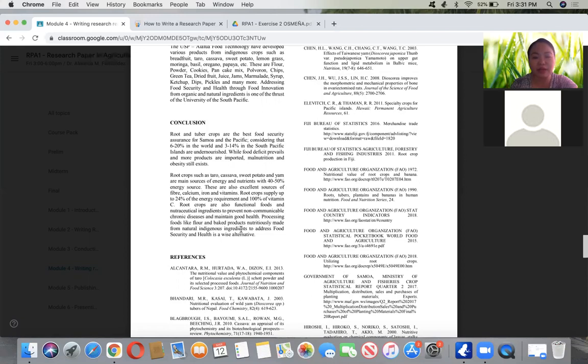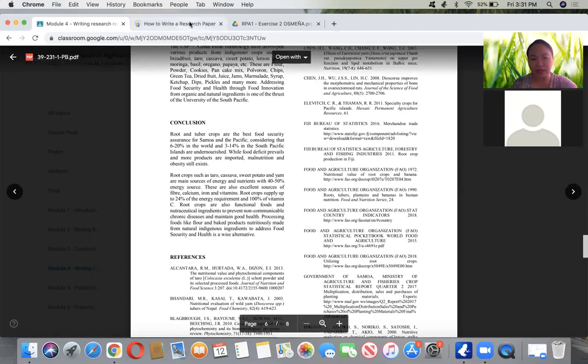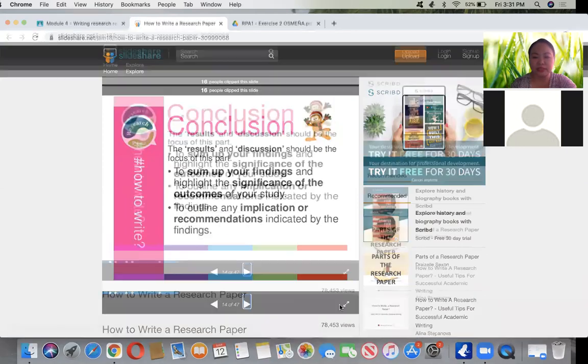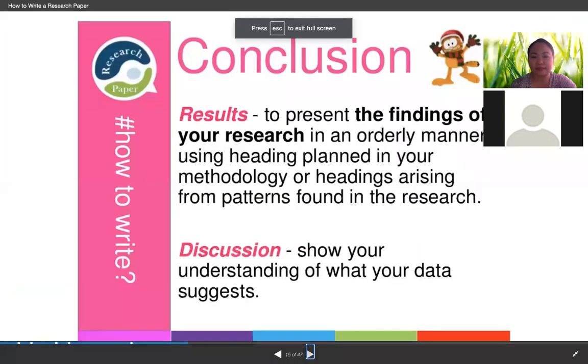Processing foods like flour and baked products, nutritionally made from natural indigenous ingredients to address food security and health, is a wise alternative. So that's an example of a conclusion from a review paper. A conclusion from a research report or original research is also different, which I'm going to show you later. So next is